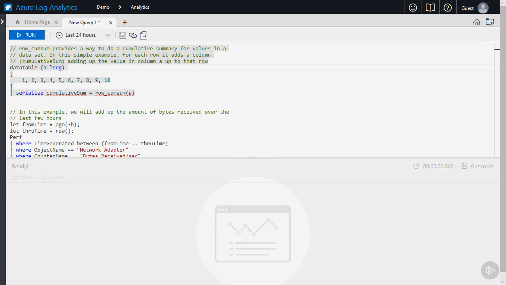The row cumsum provides a way to do a cumulative summary across rows. In this first example, I've created a very simple data table with the values 1, 2, 3, 4, 5, and so forth all the way up to 10. I pipe its output to serialize, and that's because row cumsum does require the use of serialize. If you can envision it, under the hood it needs to use the same prev next functionality we looked at